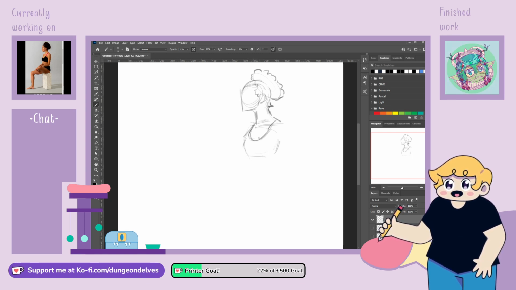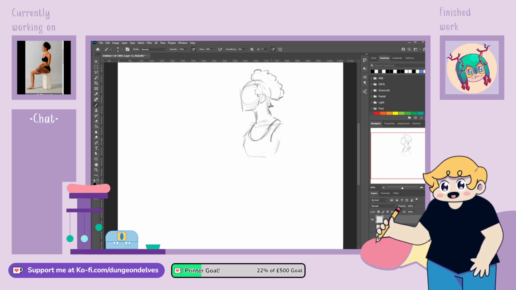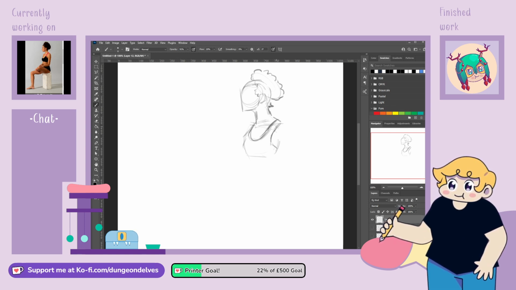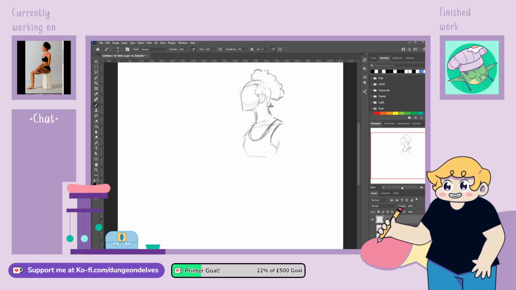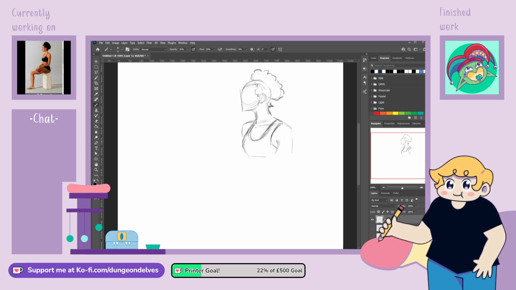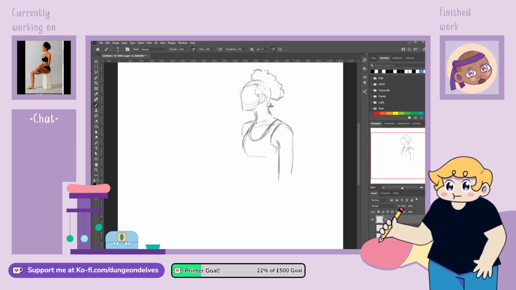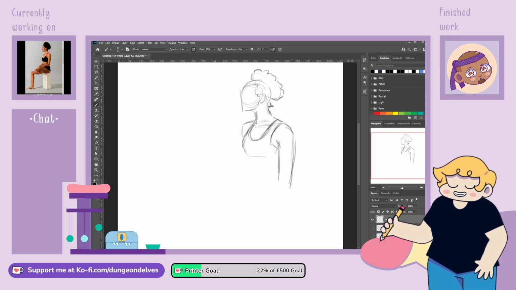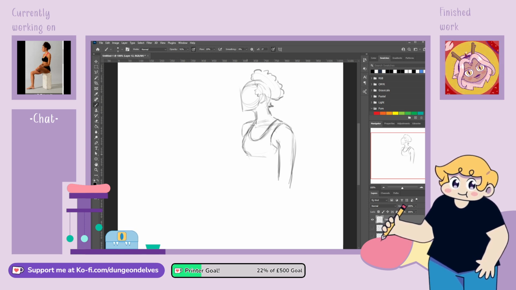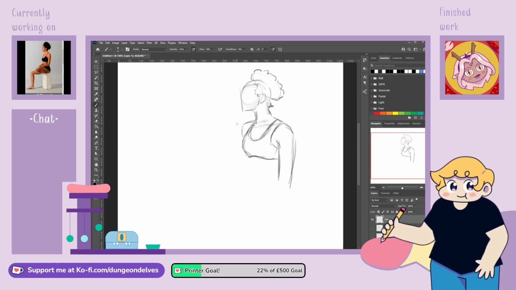I'm getting there. I'm learning the muscle structure. When I'm creating my own poses, I have this PDF I bought from an artist who has drawn a lot of muscle and bone breakdowns. I can't remember their name right now. I'm going to have to find it out and shout them out another time. But I find it so helpful because it's an artist's breakdown of the muscle and the bone structure, and obviously it's how they draw it. I just find it so useful to have up when I'm making my own poses.